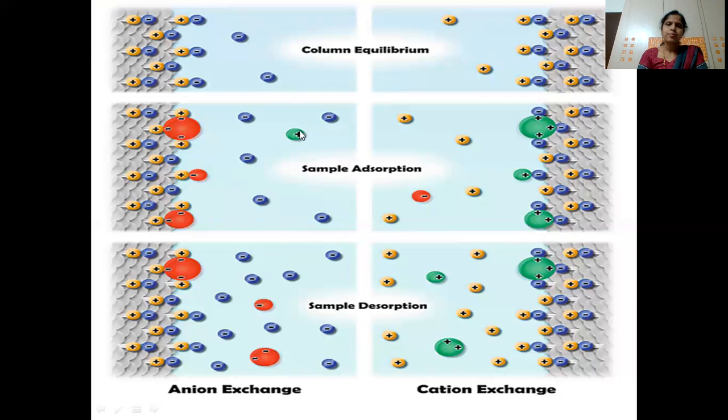So first the positive charged ions will be eluted out first, then comes the negative charged ions in the case of this anion exchange. Now when we go back to this cation exchange, it is opposite. Here you can see these are the negative charged and which are having the positive charge. The yellow colored one is the cation, that is the counter ion which is present, and they have to be exchanged with the sample cations which are there in the sample.